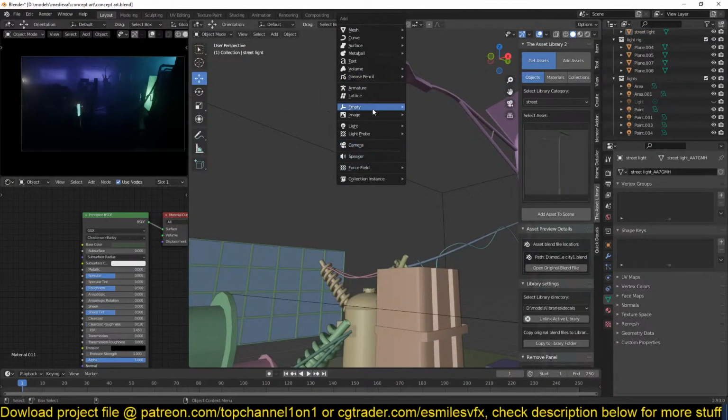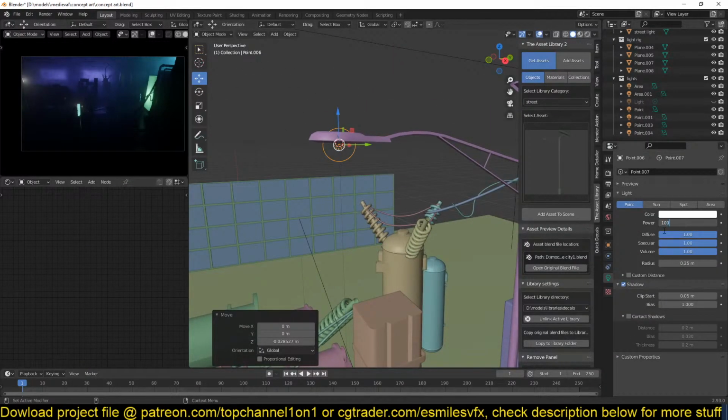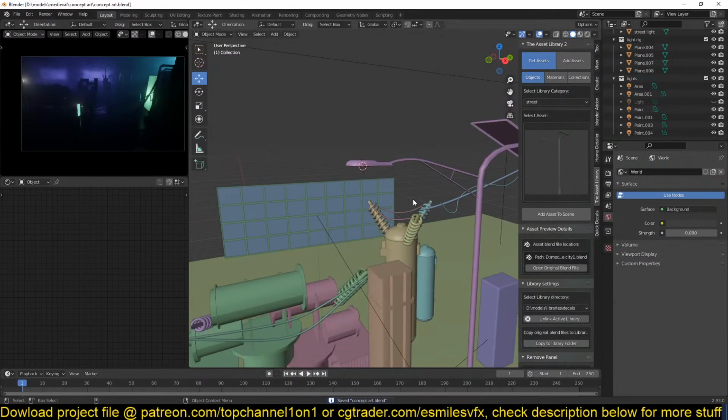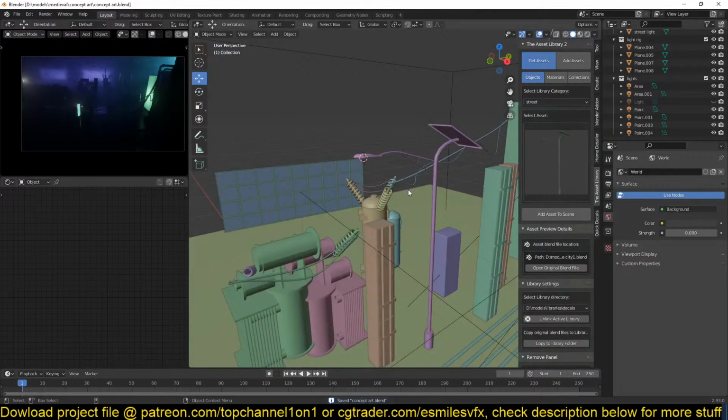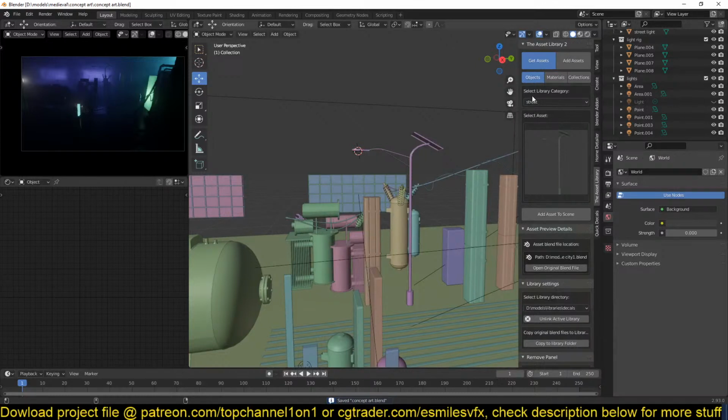Just adding light. Right now I'm just adding in random things just to see how it looks. Okay, that's a bit too much. I'm just going to not do that. And I think in the building parts,